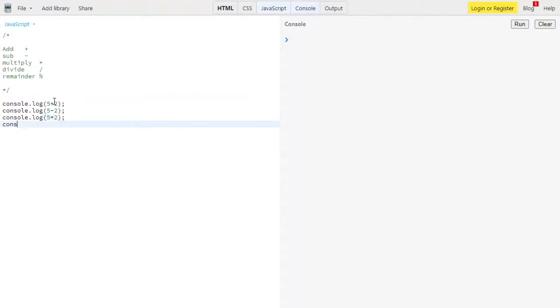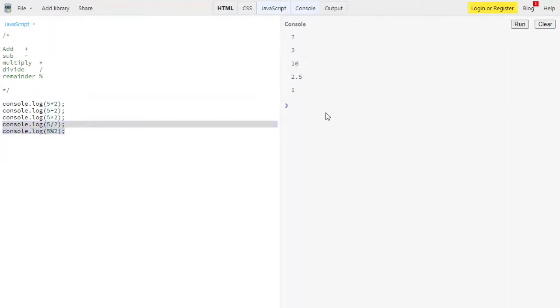Then we have console.log for 5 divided by 2. Okay, not multiply. 5 divided by 2, and we have console.log over here, which is 5 percentage by 2. You will see very different output in both these cases. Let me show you.